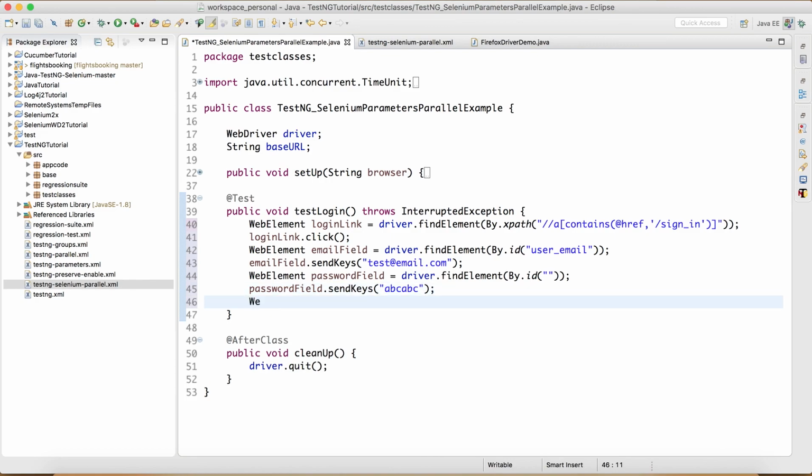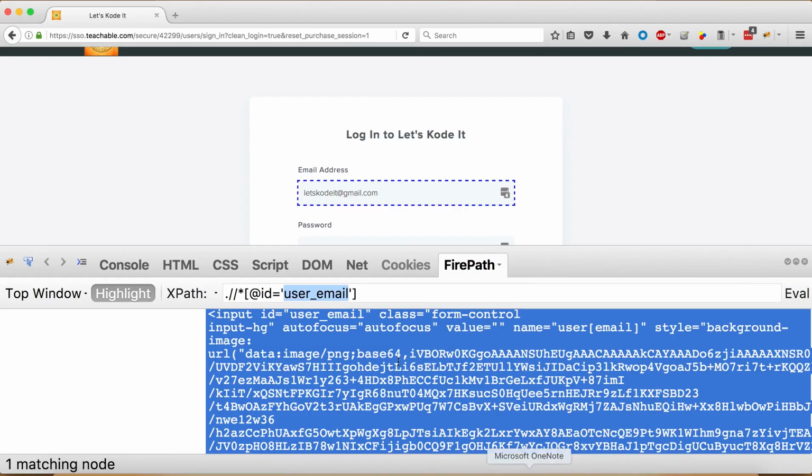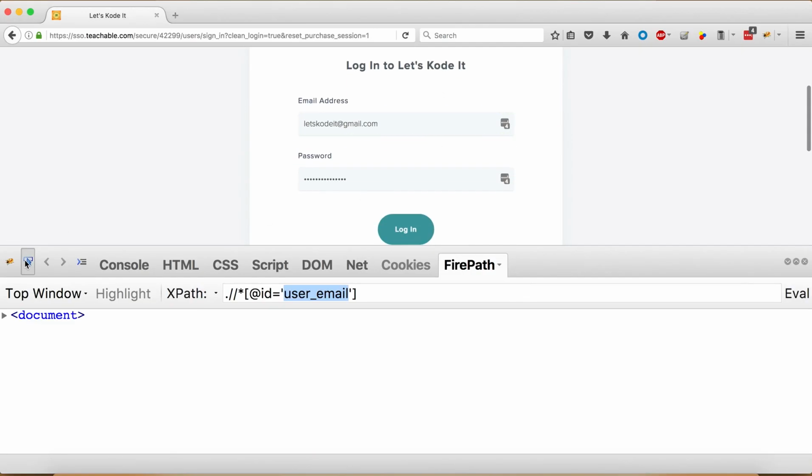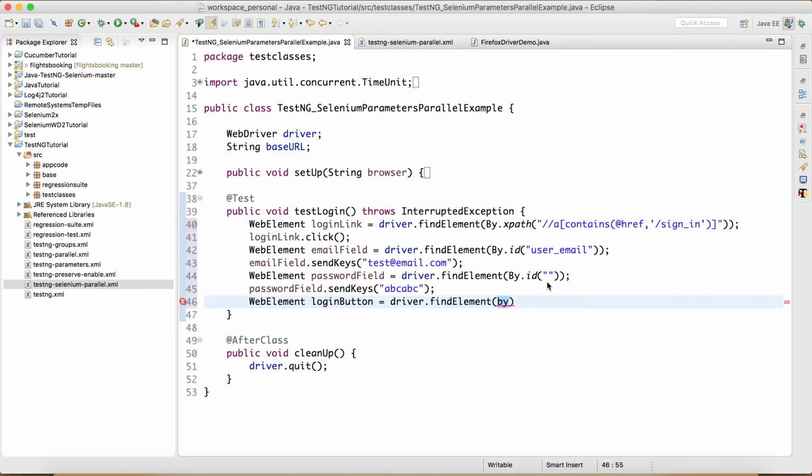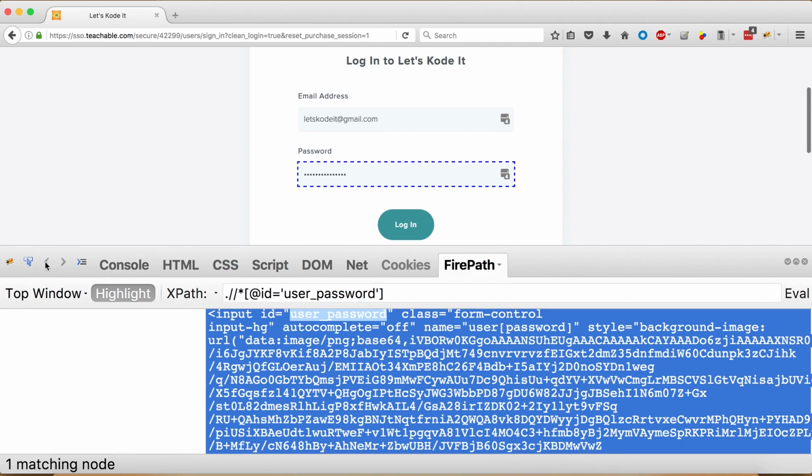And then finally a WebElement for the login button, the one on the bottom, which will enable us to log into the application. So driver.findElement, and let's see what it has. Let's find both the elements together. For password also, we have an ID called user password. Let's copy this here. So we're all done with the password field, and now let's figure out the login button.